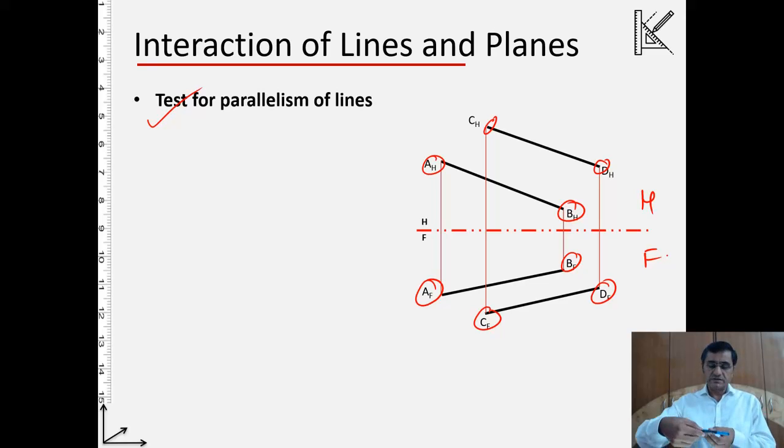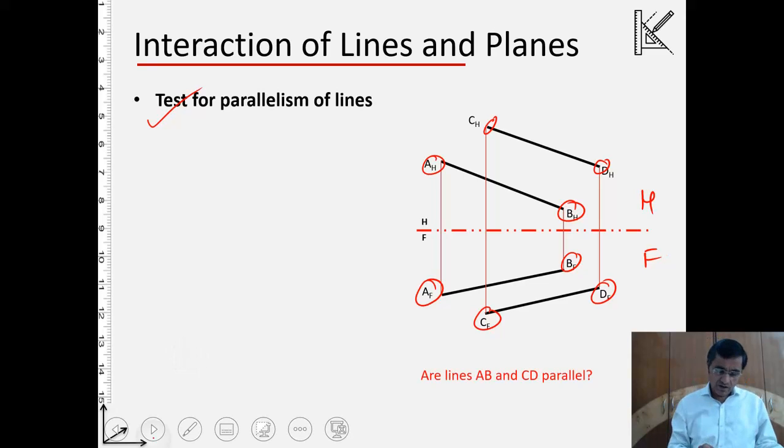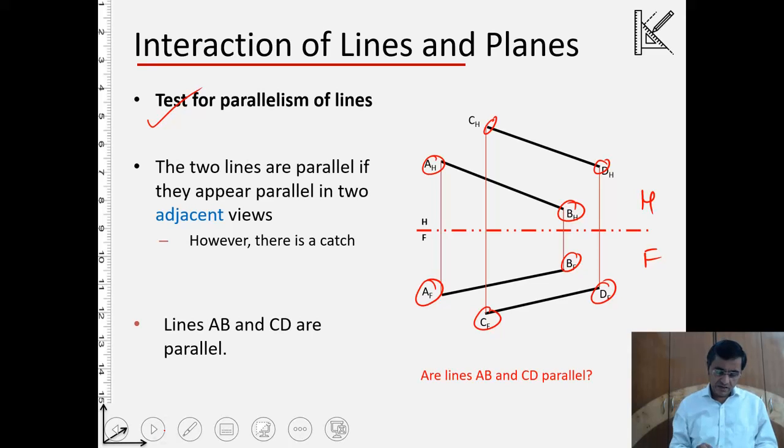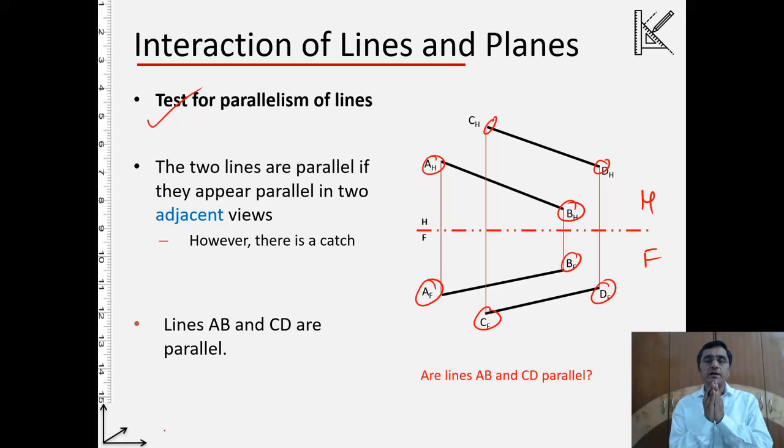If we have two lines here and these two lines are parallel, if I project them on the frontal, the projections will be parallel. If I project them onto the horizontal, again the projections will be parallel. If I project them onto the profile, again the projections will be parallel. So we'll make use of this, and we will see whether for a given line the projections in three orthographic planes are parallel or not. With that we will be able to see whether lines are parallel or not.